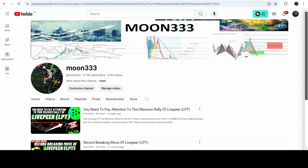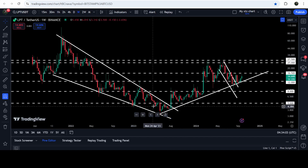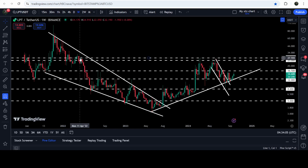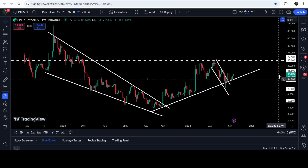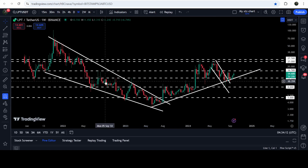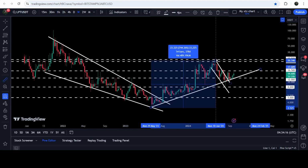Now if you take a look at the live chart, this is by the way the weekly time frame chart. This was the falling wedge pattern that I've been showing you. I have been showing you this wedge before the breakout as well, and the movement was quite squeezed inside this wedge. In those days, I've been telling you that once LPT will be able to break it out, then we can expect a very massive rally. And so far from this low to here, you can see that it has rallied more than 700%,